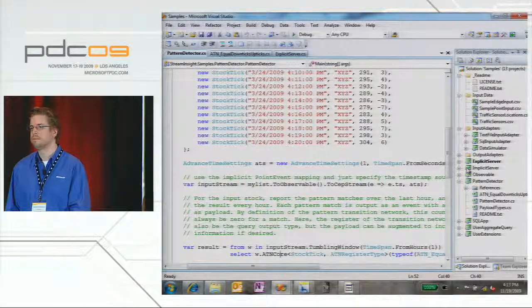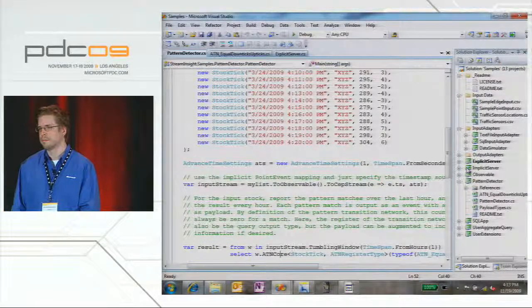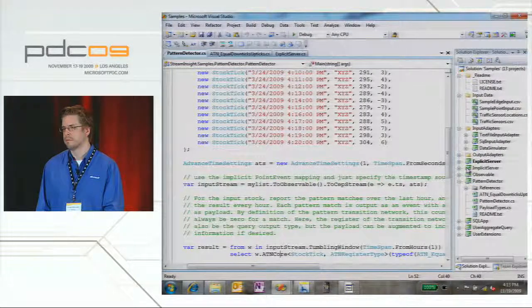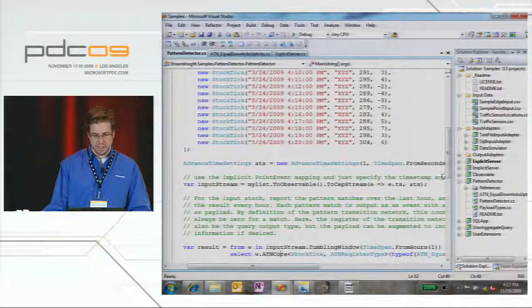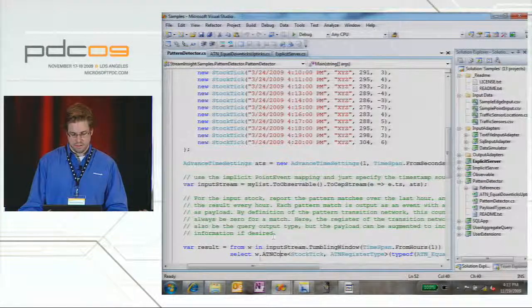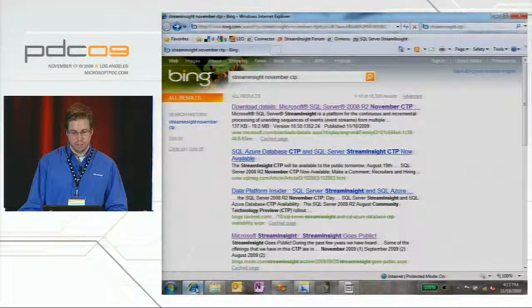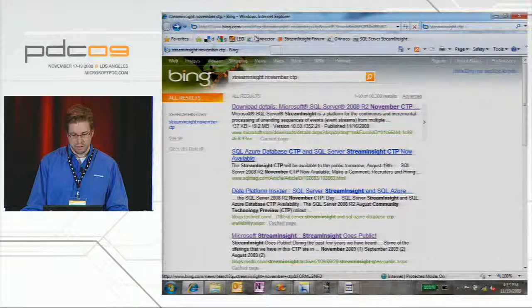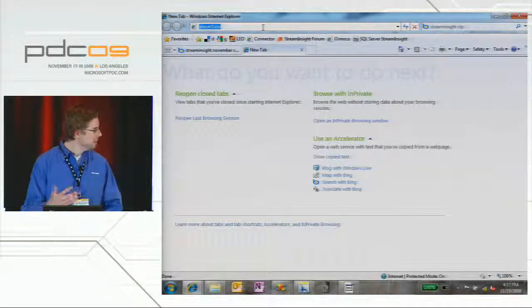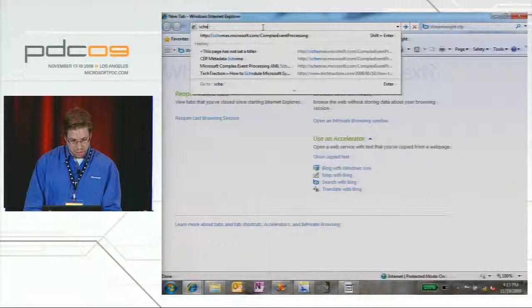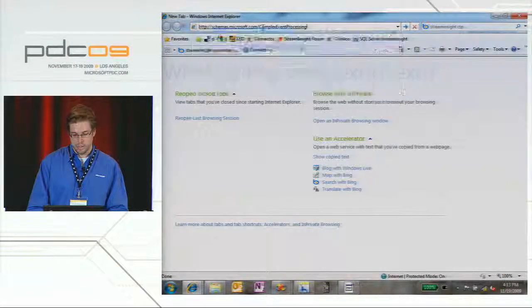So do you guys support not using LINQ when we go at the XML? So we write our own expression builder or compile down the algorithm? The question was whether we support also the direct XML interface to specify queries. And this is actually a publicly documented language. So if you go to schemas.microsoft.com, complex event processing,